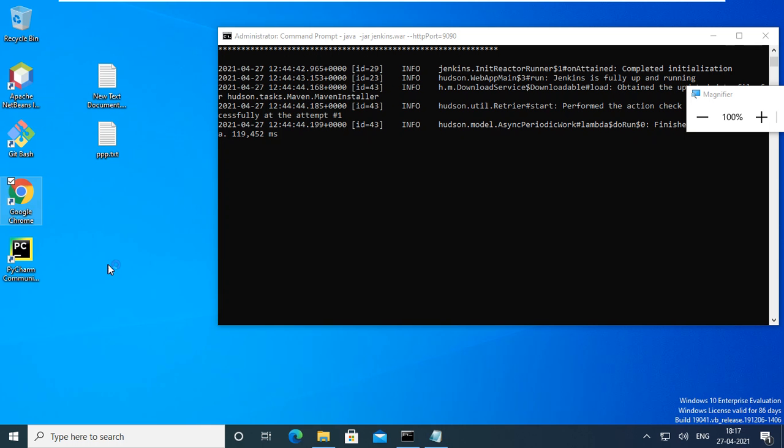Meantime, I will go to Google Chrome in my virtual machine. We can use any browser. If you don't like Google Chrome, go for Firefox. Open it faster, I'm wasting time.